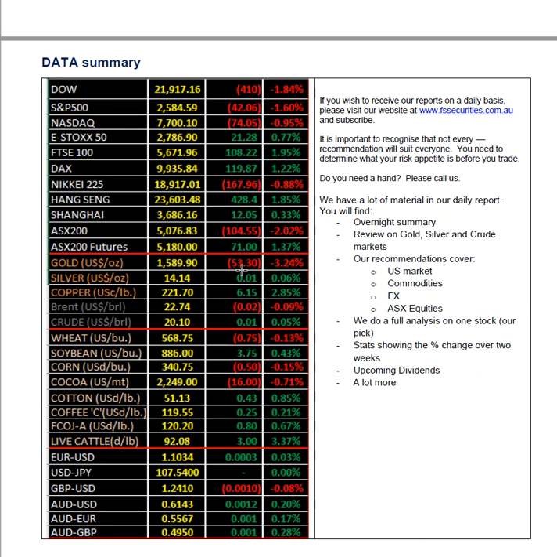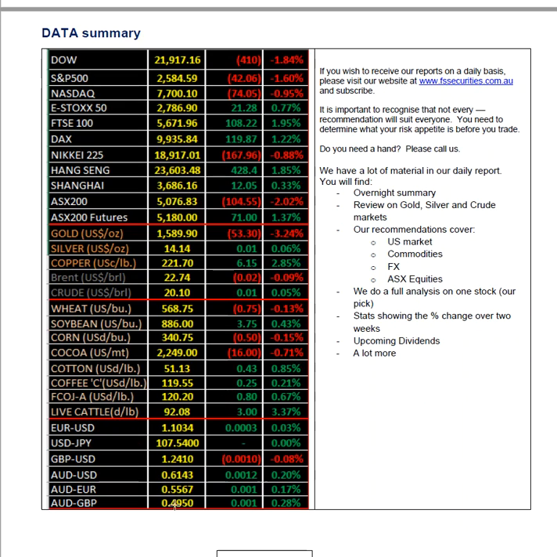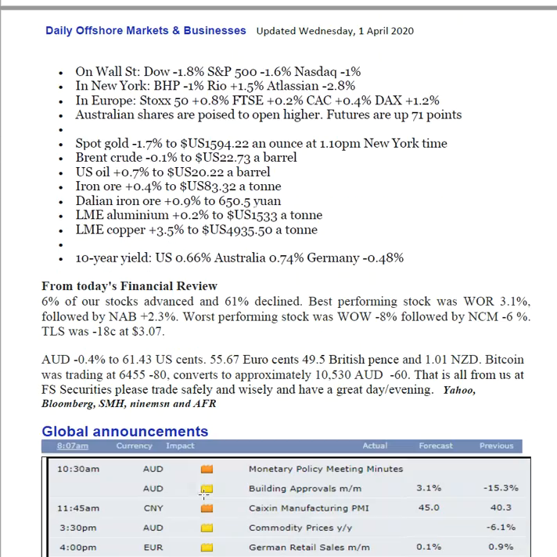Gold down $53, 3.2%, a big drop on the gold. So you can see here, and the Australian dollar will give you 61.4 US, 55.7 euro cents, and 49.5 British pence. And by the way, iron ore price was up 0.4%,